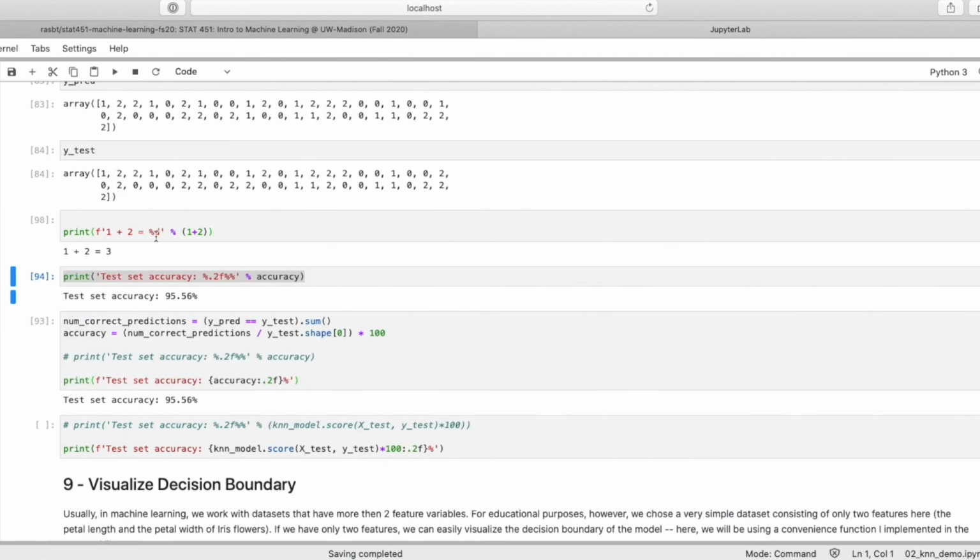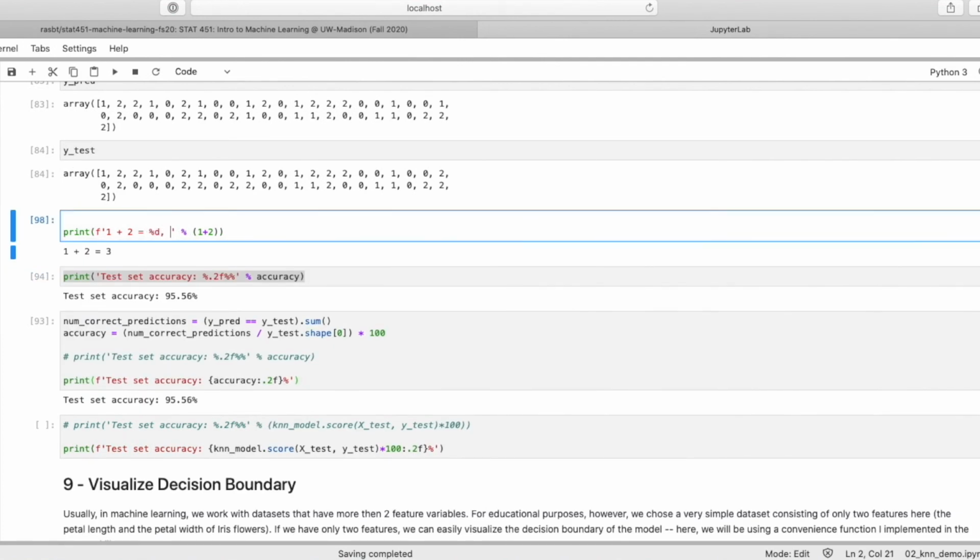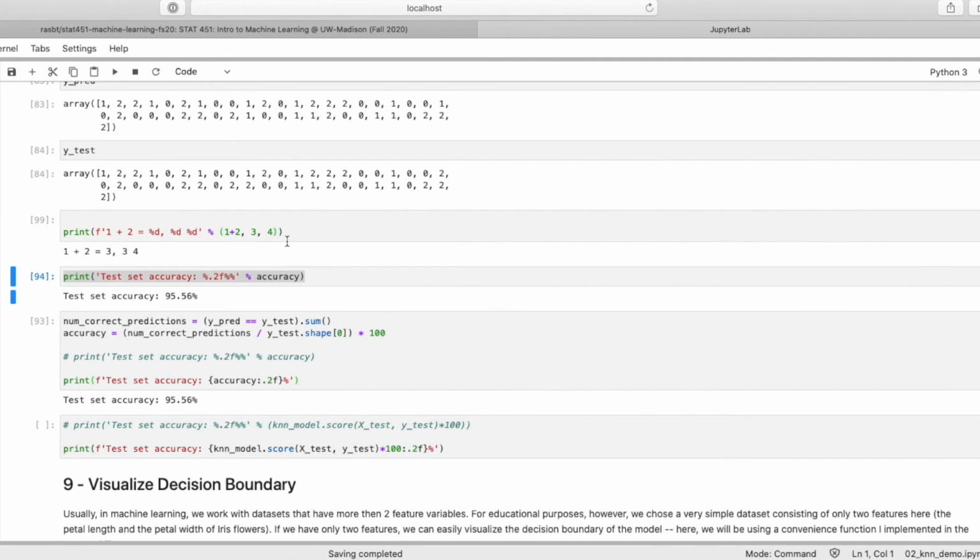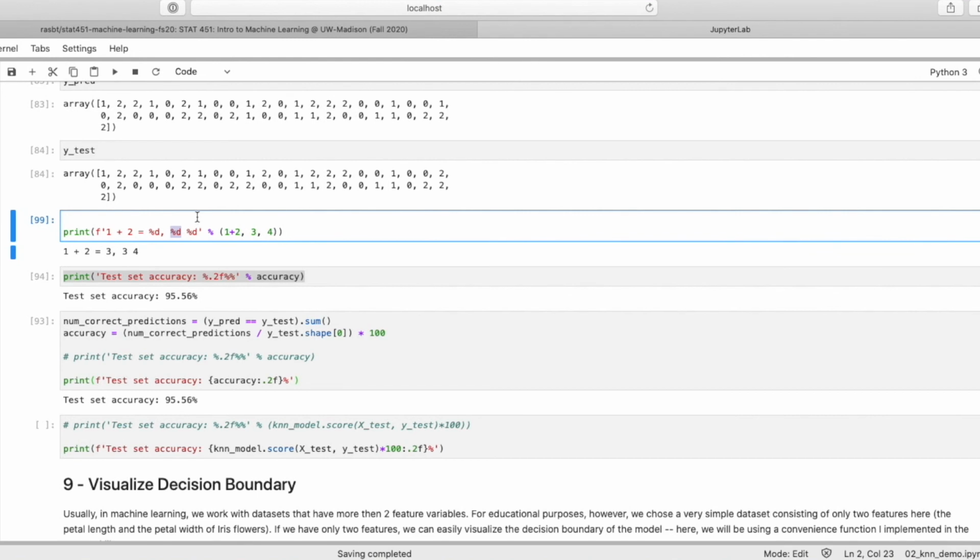So with f-strings, if you have a lot of stuff going on, if you have another thing and another number, you have to keep adding these numbers here, and then it gets kind of complicated. You have to see, okay, what is going here and what is going here. If you have, let's say, 10 numbers or something like that, with f-strings it's just simpler because you can put the numbers in directly, right?